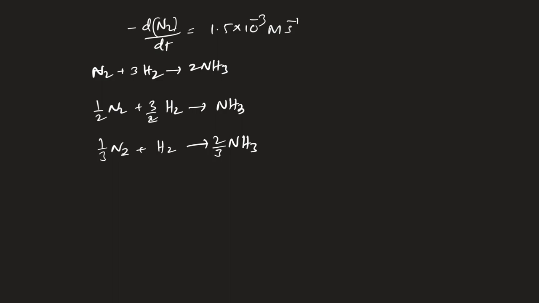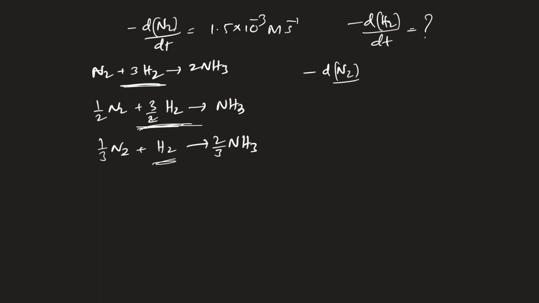So now I want to calculate minus d[H2]/dt. This is with respect to a substance, so no stoichiometric coefficients are required. For example, here different stoichiometric coefficients are present. Here 3 is there, here 3/2 is there, here 1 is there. So will the same answer come or not, we'll check now. Because the rate of reaction depends on the stoichiometric coefficient, it will change with the coefficient. If the rate of a substance does not depend on the stoichiometric coefficient, all the reactions should give the same answer. So now I am writing here minus